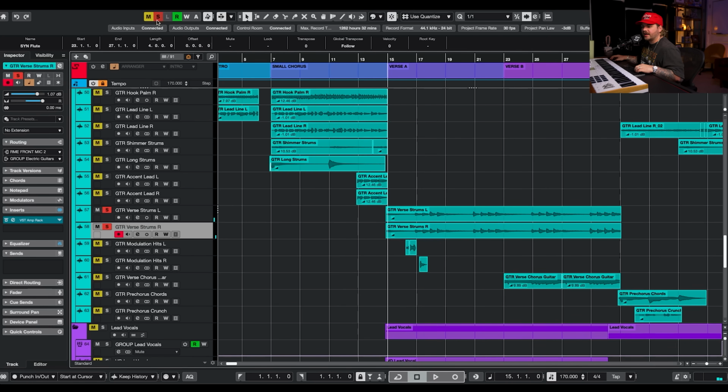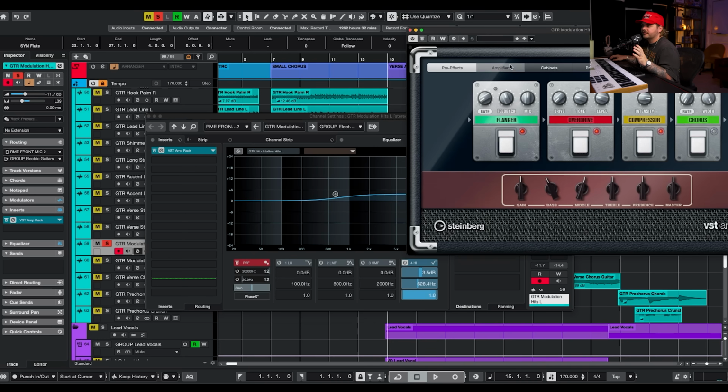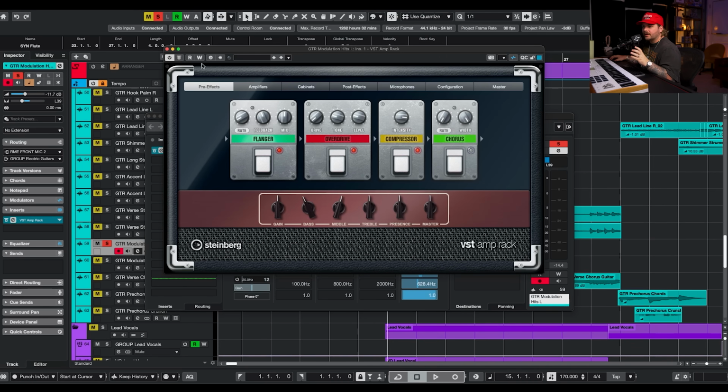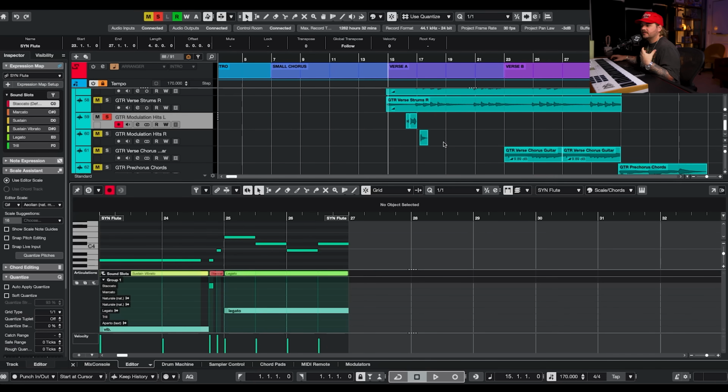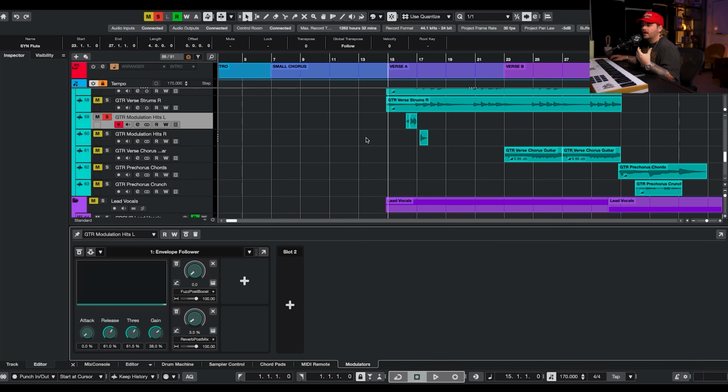So those are kind of just sustaining. Let's get to the really, really fun stuff for the guitars for this, and that's these little modulation hits. So I do have the VST amp rack once again, but what's happening on this is I'm actually using some of the modulators in Cubase to basically give me this really fun kind of effect, where essentially I